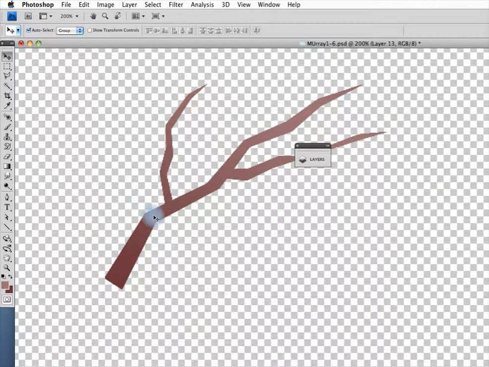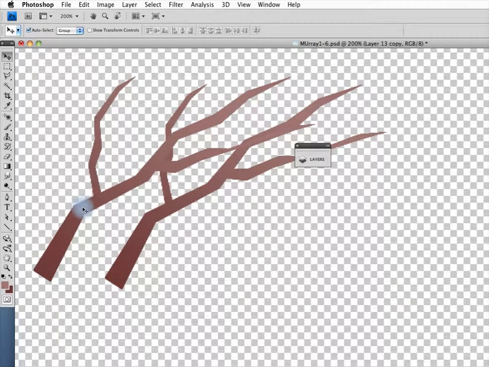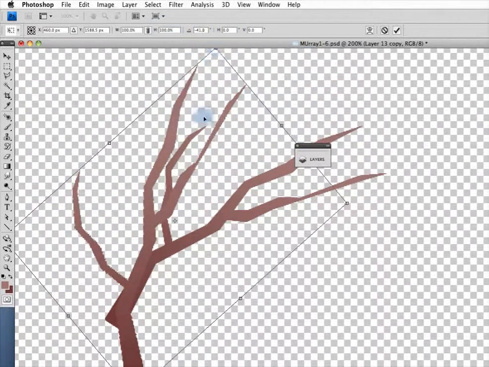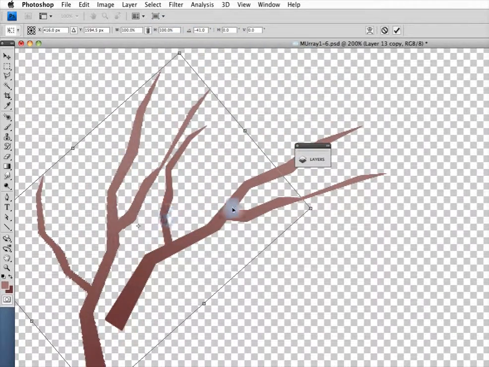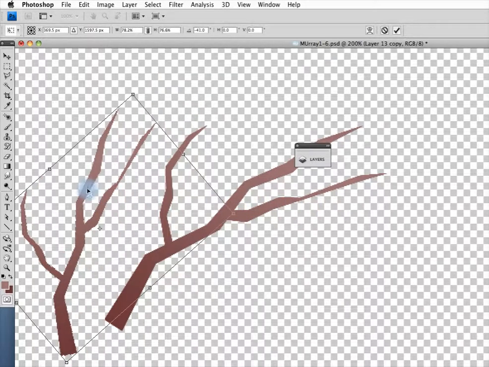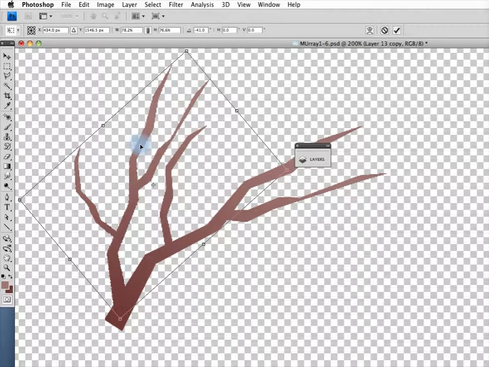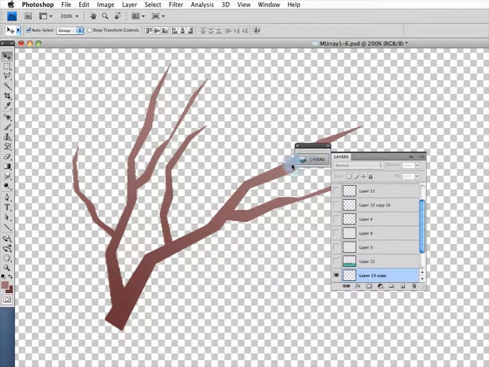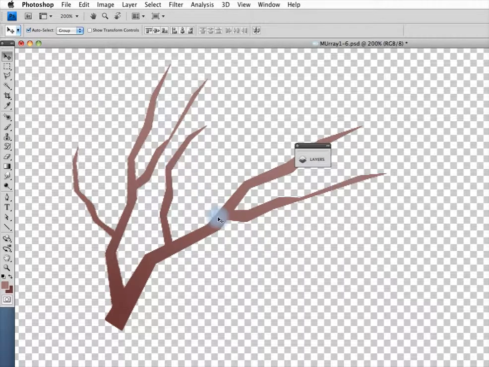Press the Alt key to copy it and transform it. I'm going to make this one a little bit smaller, and I'm going to connect it to the first one just like that. Press return on your keyboard to get the 2 out of transform mode. Take your move tool and drag around both of those branches, and you'll see on your layers window that when you drag around both of those branches, it will select 2 layers. So there's one branch,